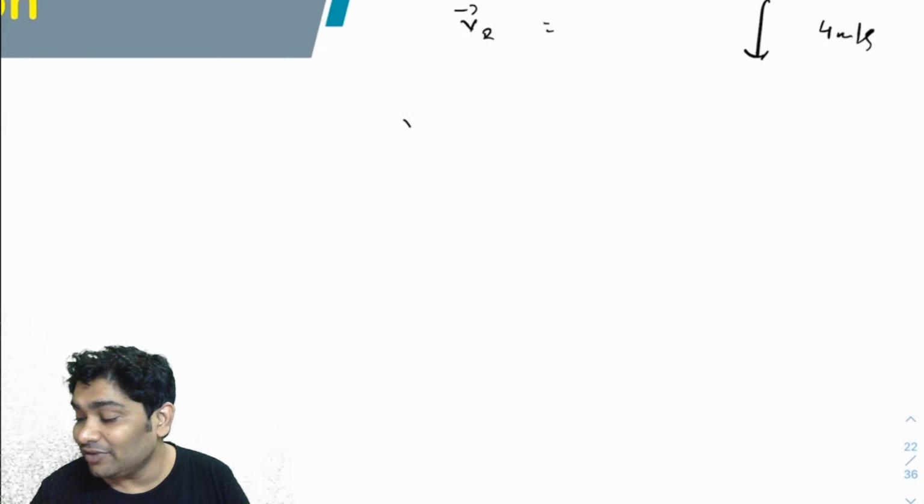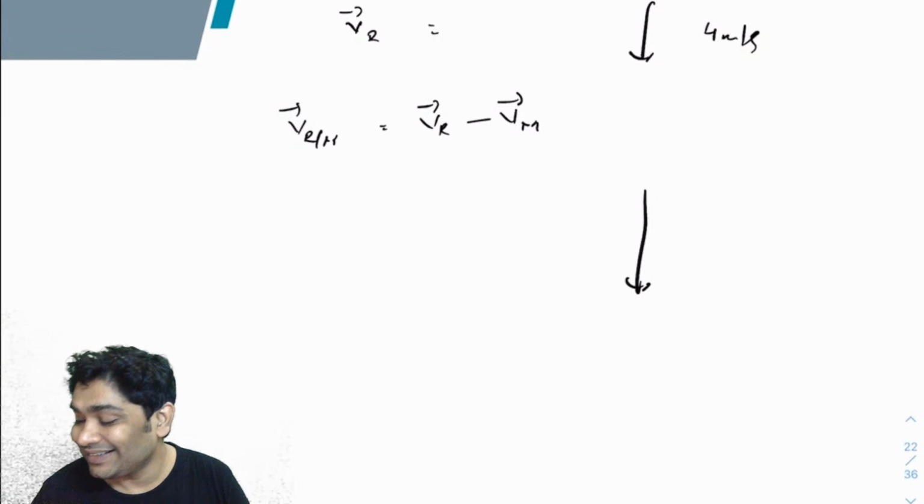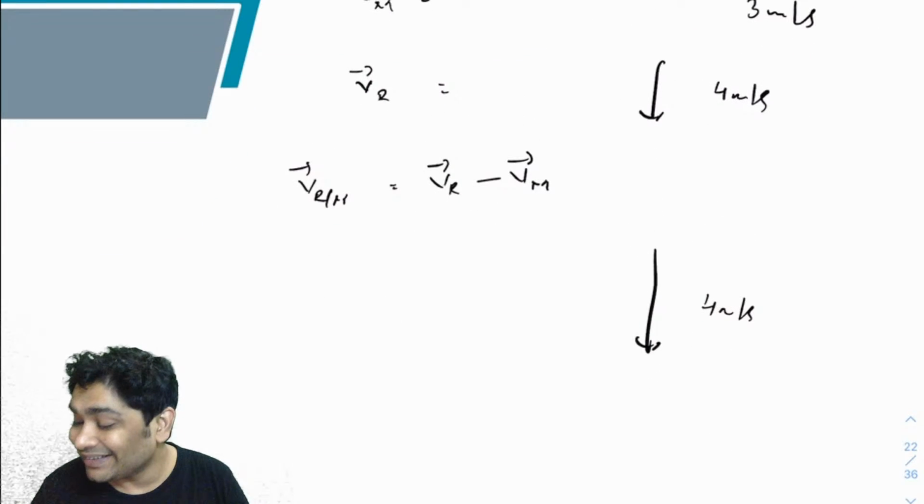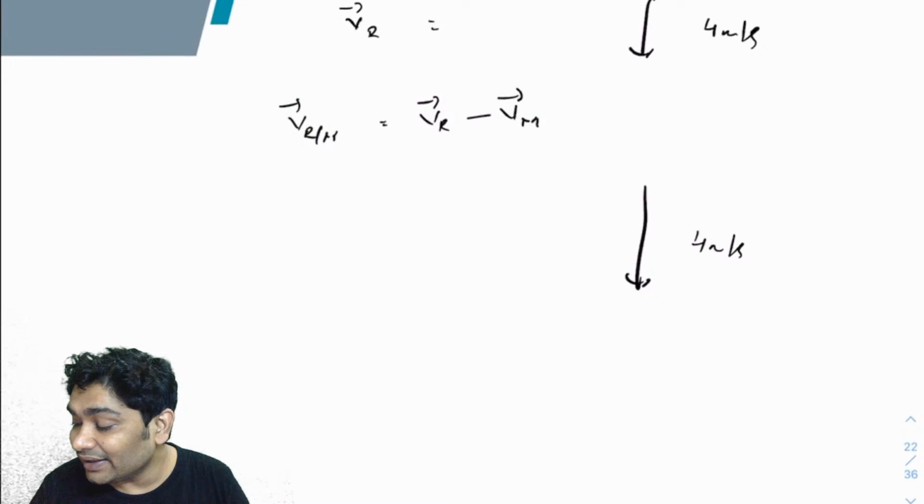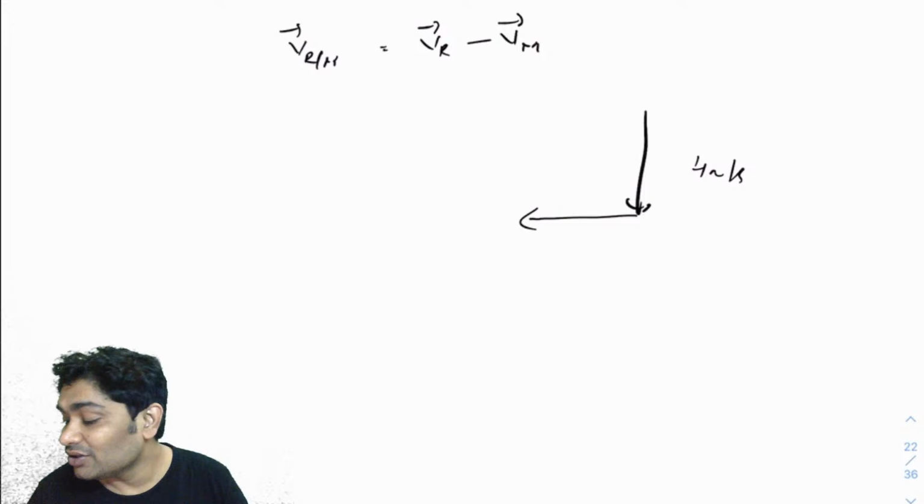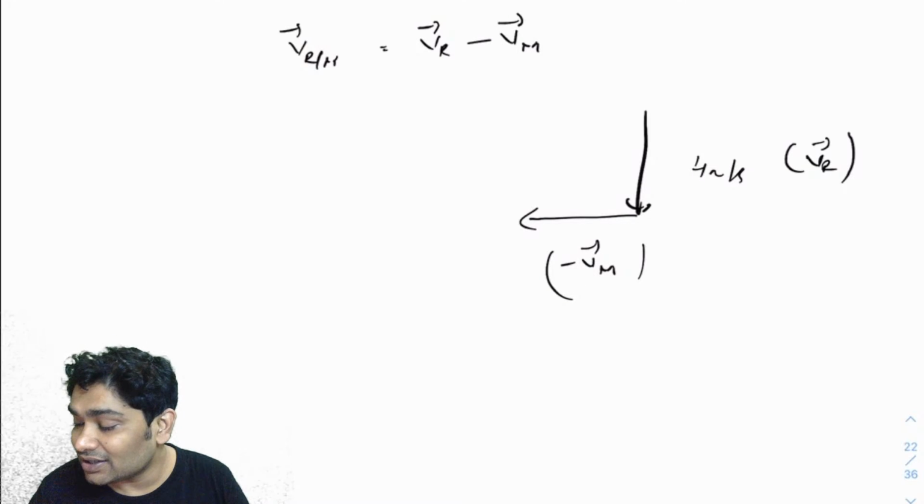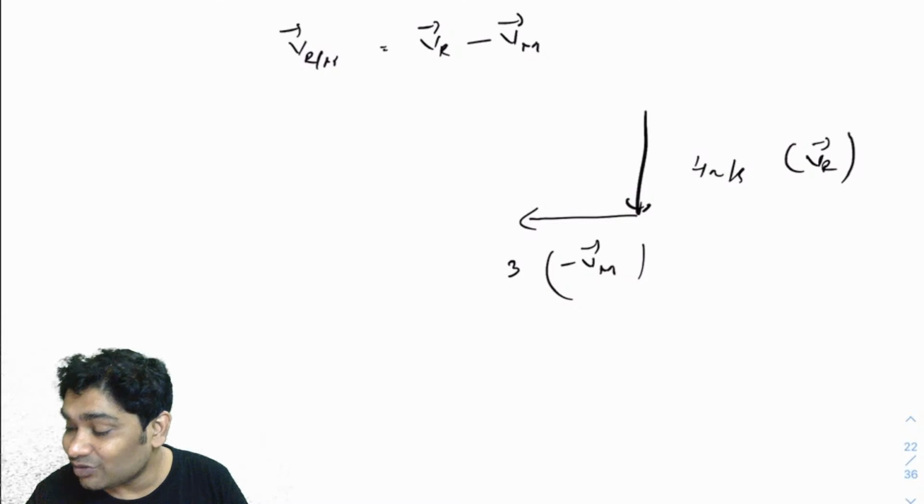So I know what will be the velocity vector of rain with respect to man. That would be velocity vector of rain minus velocity vector of man. So I need to draw this. This is 4 meter per second. And then minus of this. Okay, so from here I can draw minus of Vman. So this is Vr vector. This is minus Vm vector. Okay, this is 3. When I add them, this would be